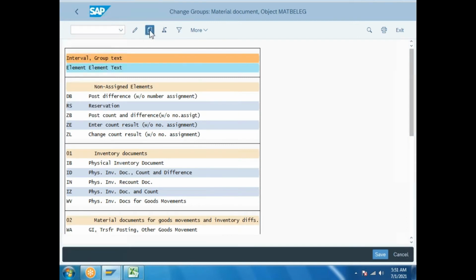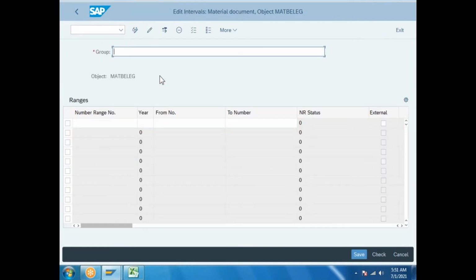Go to here. What is the number? GM Motors physical inventory document number. Okay? What number? 5. What is the financial year? 2021.